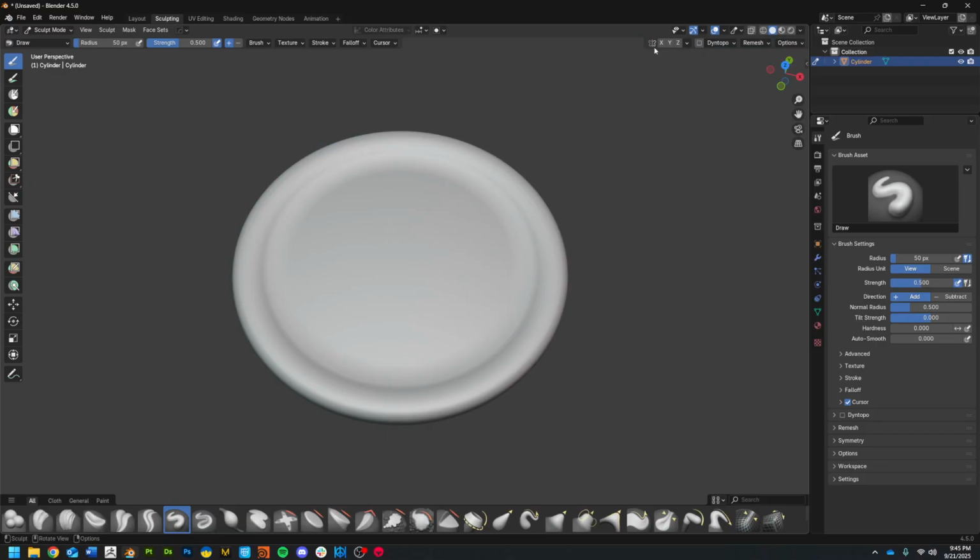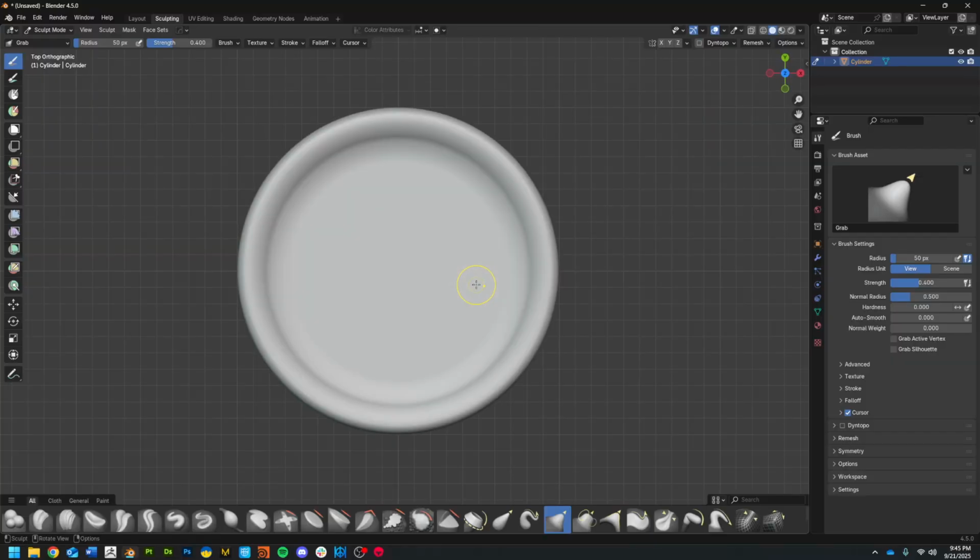And for this, I'm not going to use Dyntopo. I'm just going to be leaving the topology basically the way it is with some slight variation using some basic sculpting tools. So I can switch between things, I can try different stuff out, but I'm going to start off with just Grab. And maybe I'll go directly to the top view. I'm going to press F, which allows me to just drag left to right to increase or decrease the brush size. And now I'm just going to go through here and start to add that crust